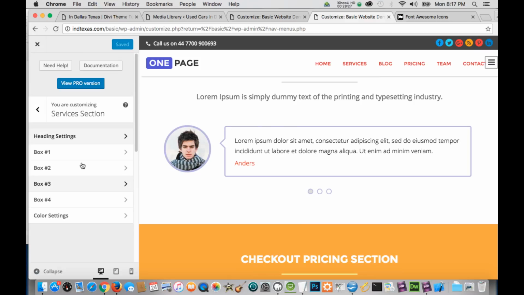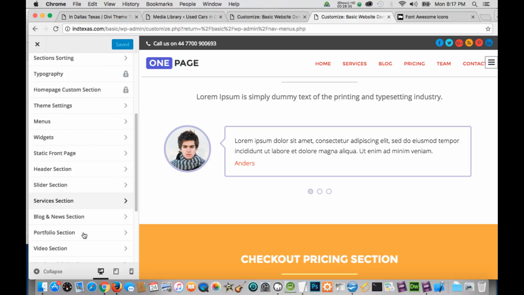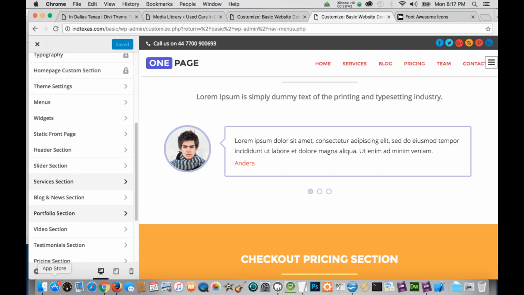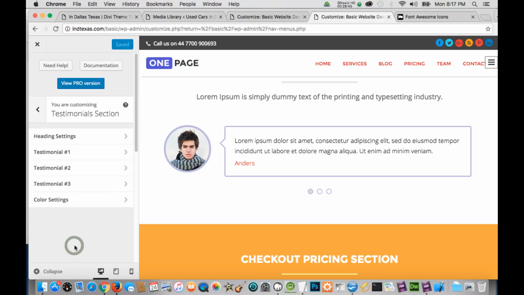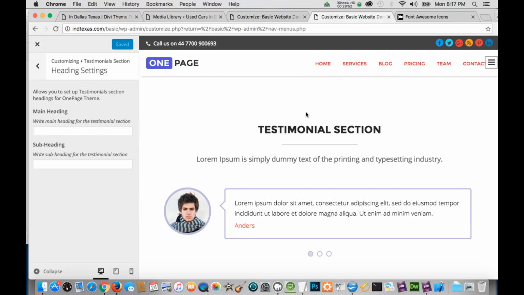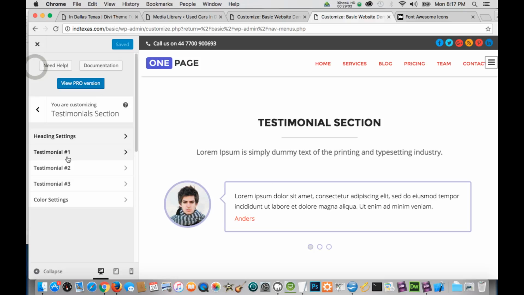You can edit it. What you end up doing with the testimonial section is pretty much the same. You just fill in the boxes for each section. So for testimonials, there's a heading that you can set, a main heading. It says testimonial section by default. If you change it here, it'll say something else. To change the lorem ipsum text, you'll edit it here, and then you'll go back to the menu for testimonials,